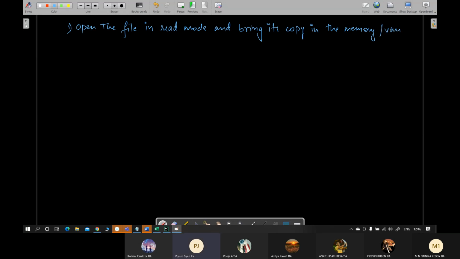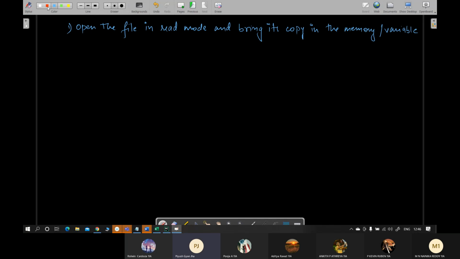First step, open the file in read mode and bring its copy in the memory or variable.